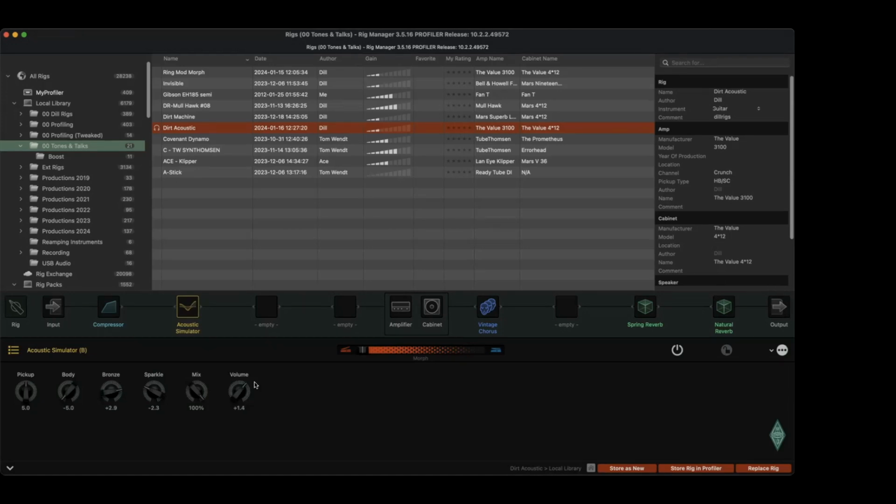So I need a bit more power and a higher level. Pick up at the middle, body really down. If I would turn that up, there would be a lot more low end, but I don't really want that. I want only the acoustic simulator to give my sound a little bit more crispness, this crispy attack sound. So therefore I turn the body really down and the bronze plus 2.9, sparkle a little bit down, and mix